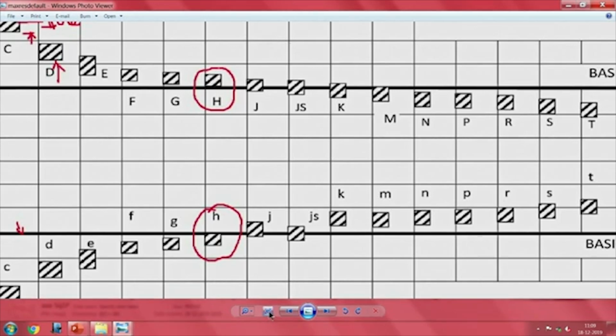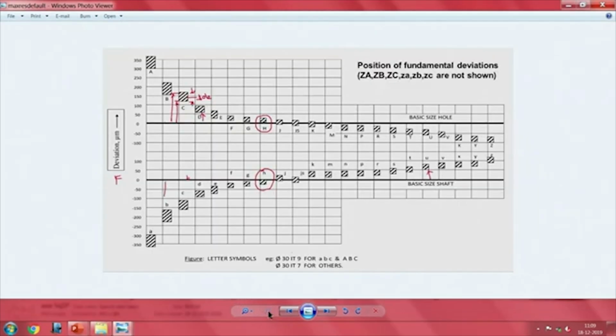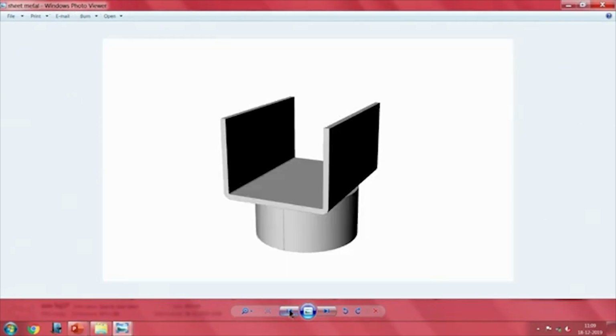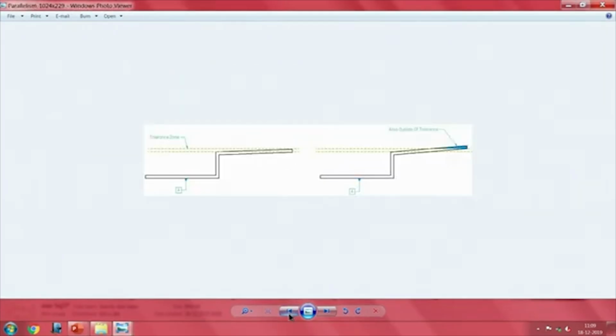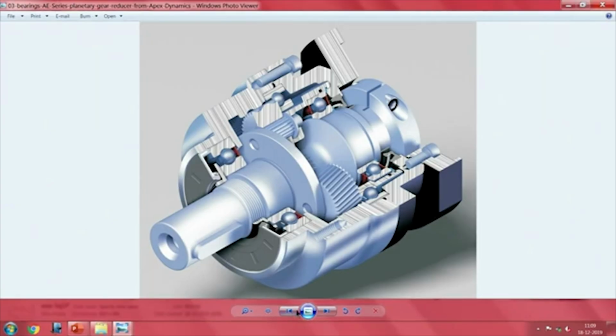So, these things, somebody has worked closely and found out how to specify a particular type of fits. So, I have come back to all this, let me go back again. Yeah. Now, we come to,